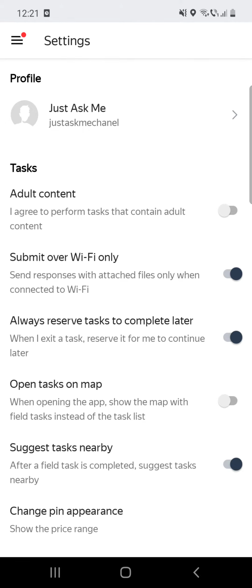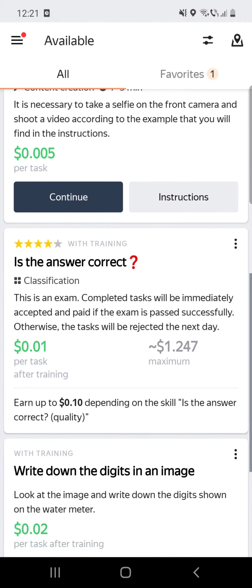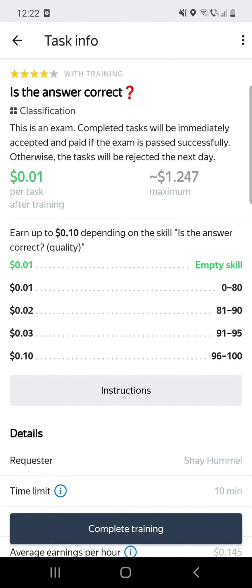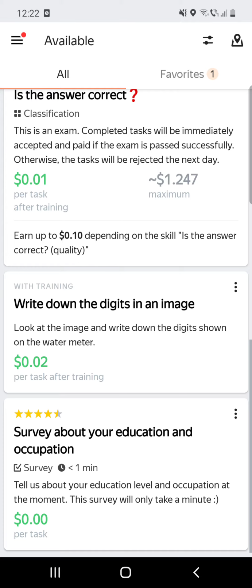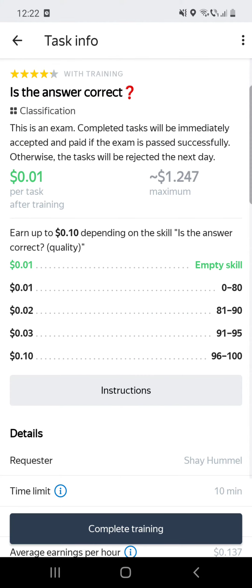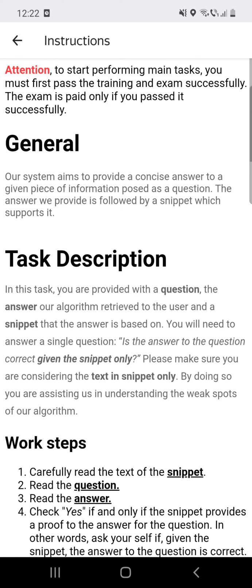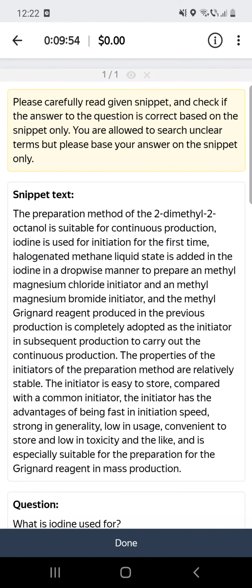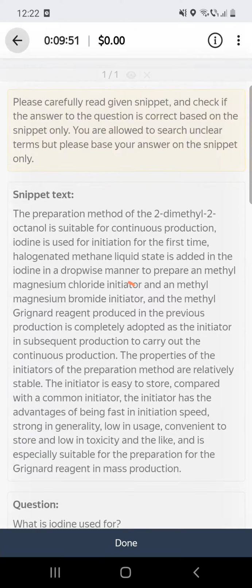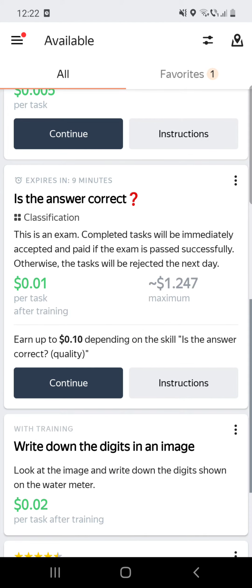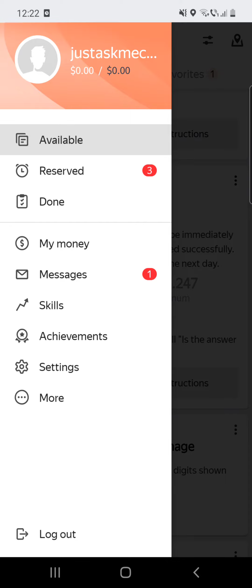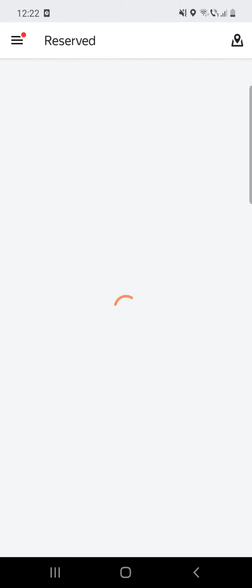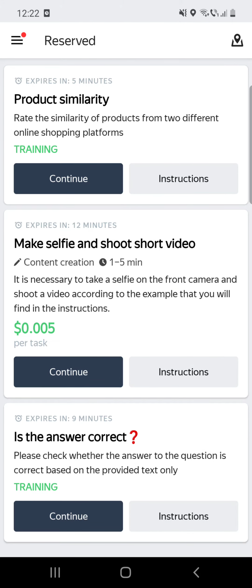If you go back to the home page, and you start a task, let's start one task, complete training. All right. And if I exit the task and I'm going to click on the three lines at the top of the screen, and you can see the second option is reserved, and here you can check all your reserved tasks, and